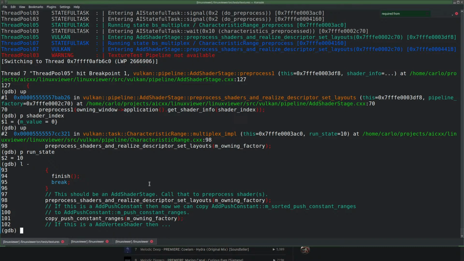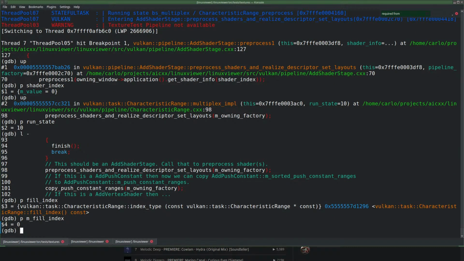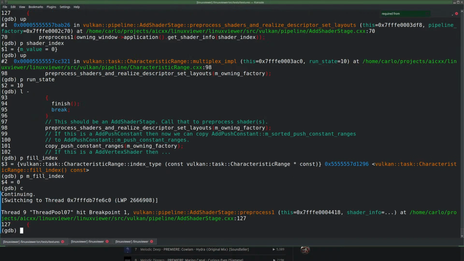Not sure. It's confusing. Do I have a fill index here? I have a fill index, but that's a function. M fill index 0. So if I do continue